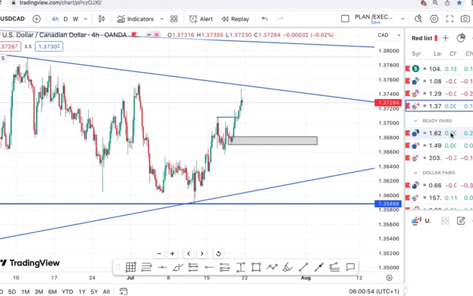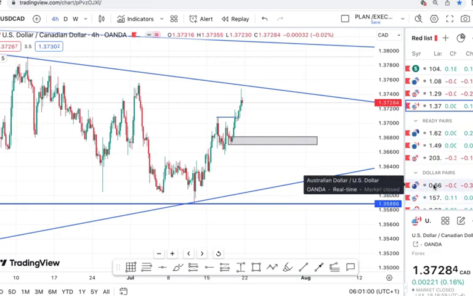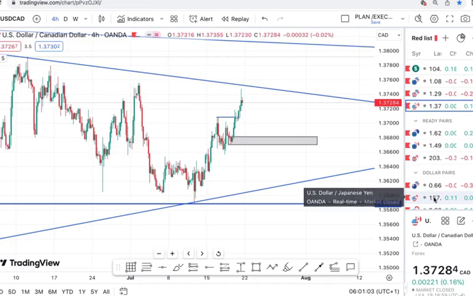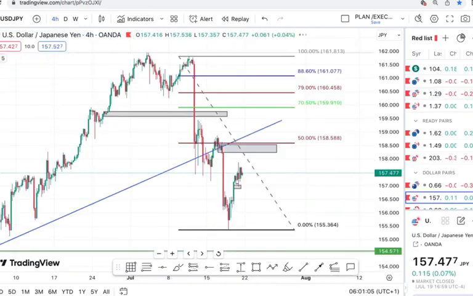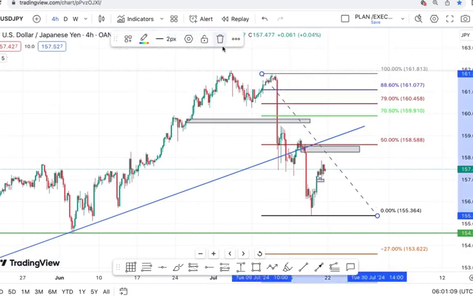Okay, so moving forward, let's take a look at another pair on my watch list. I'm looking at USD JPY. This pair equally has been